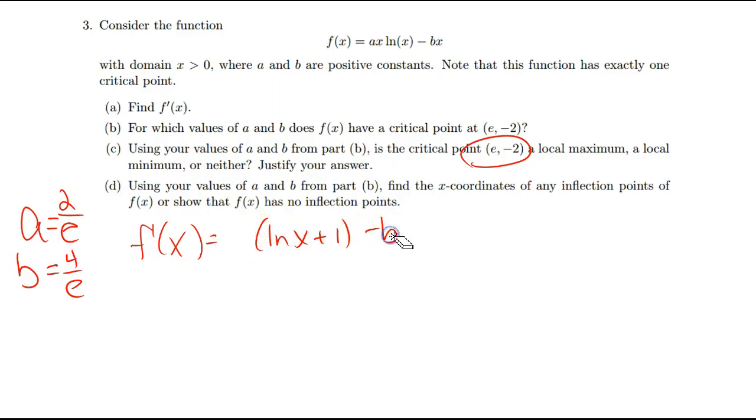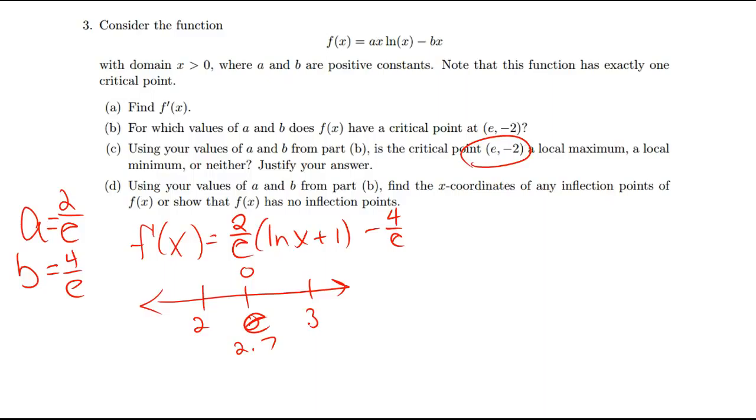No, well, we have a and b now, don't we? So a is 2 over e, and b is 4 over e. Well, we know at e, this is 0. So at e, I'm sorry, this is 0. So what if I use, and e is about 2.7, right? So what if I check 2 and 3 to see what's going on? So f